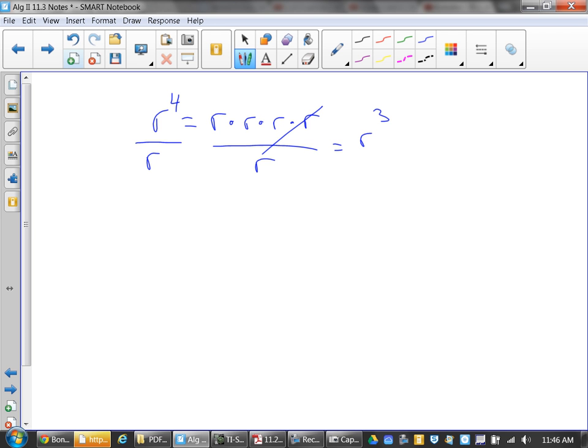So, why did you divide by r? What's r divided by r? 1. What I'm doing is I'm taking out a set of ones. Exponent rules tell you that, for lack of better terms,